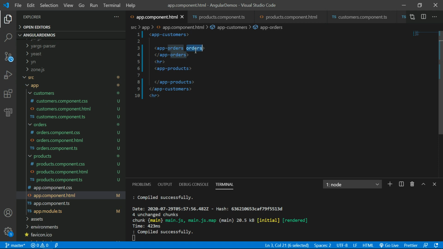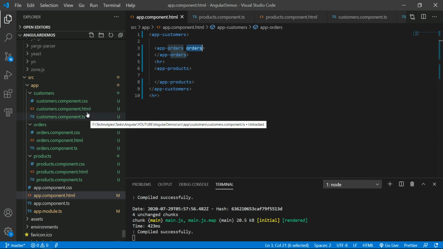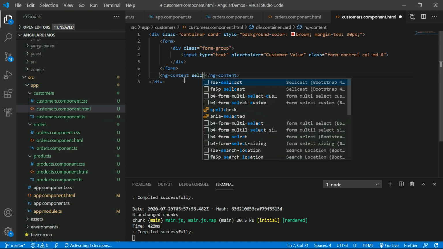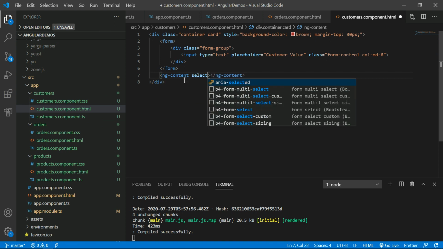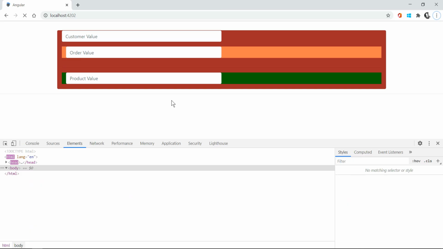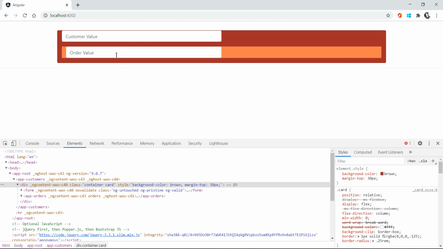I need to use this reference in the customers.component.html and use the select property on ng-content, then you can get the solution. See the output. Here the orders component is applied into my parent component.